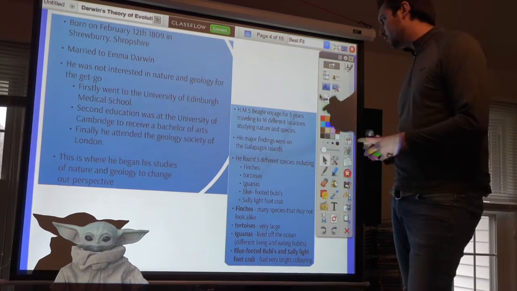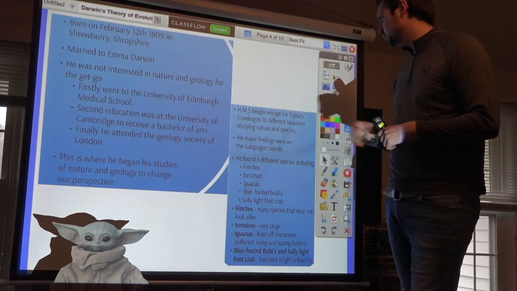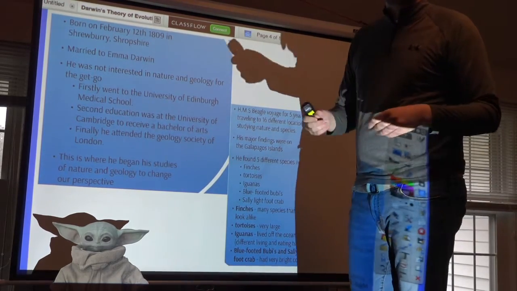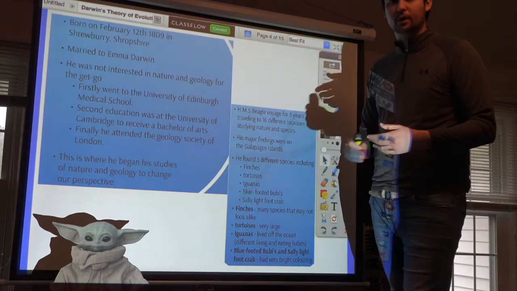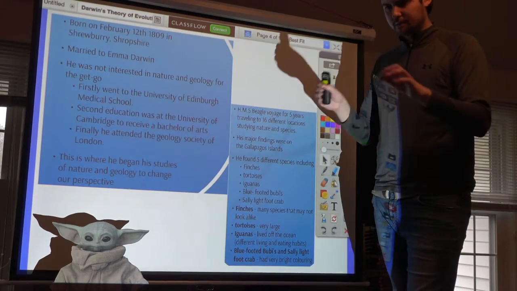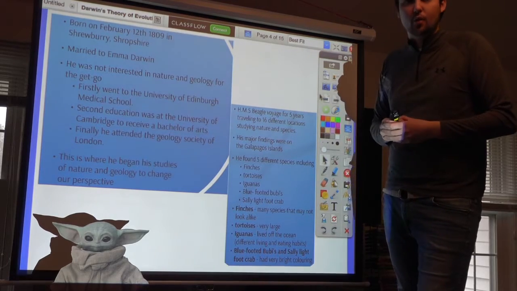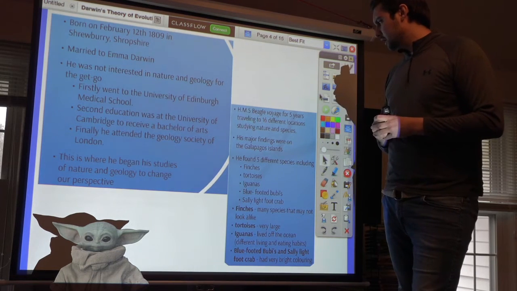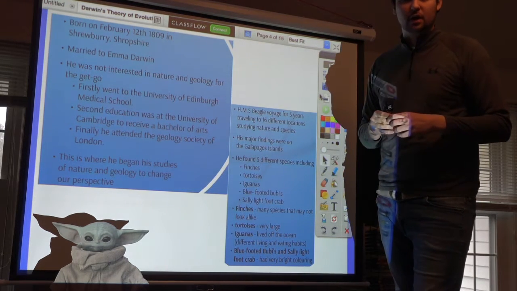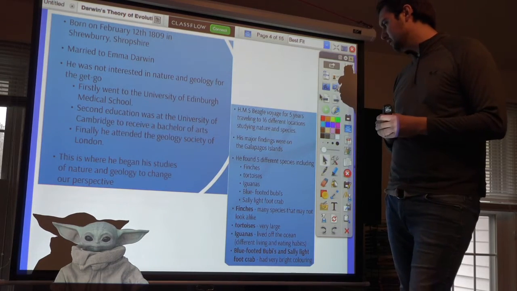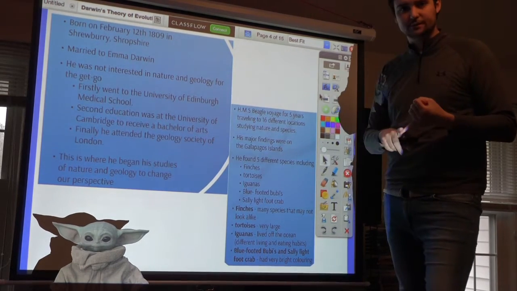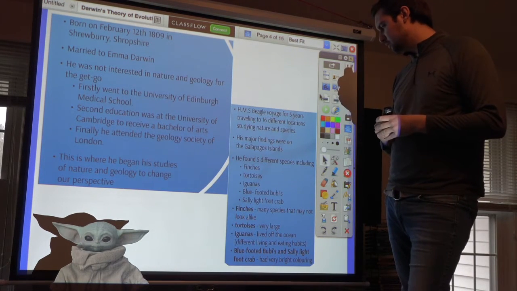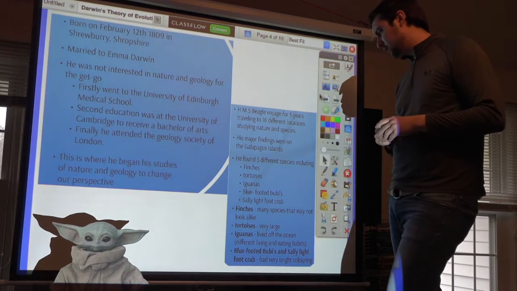Within his 5-year voyage on the HMS Beagle, he traveled to 16 different locations, and what he would do is get off the ship, grab specimens, bring them back on the ship, sketch in his notebook, and take all sorts of data and measurements. This was just kind of his norm for the span of 5 years. Like I mentioned before, his major findings were on the Galapagos Islands. There he found different species, including finches, tortoises, iguanas, what we call blue-footed boobies, which are birds, and Sally Lightfoot crabs.